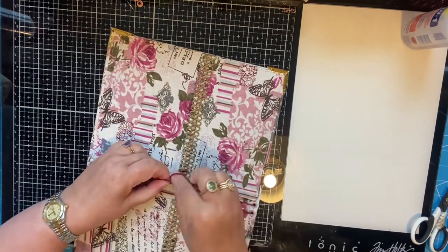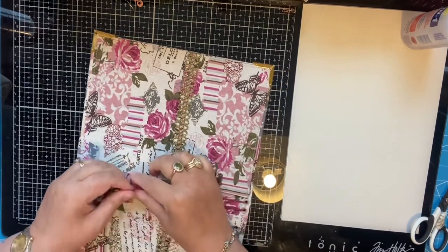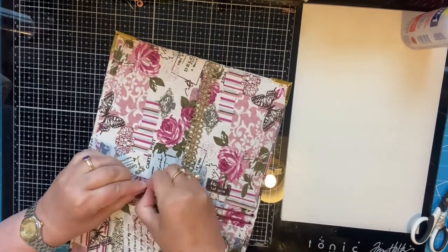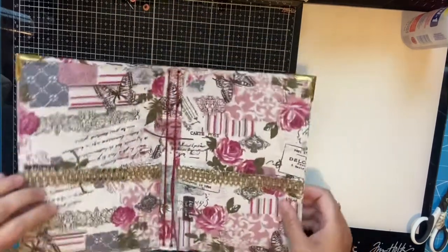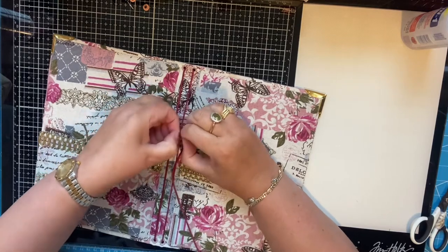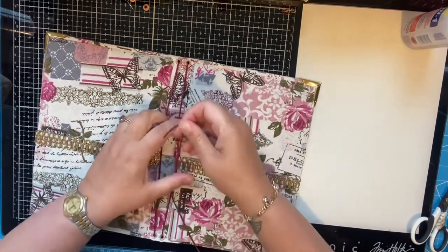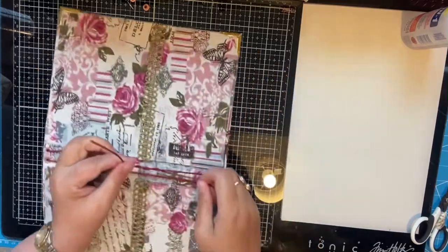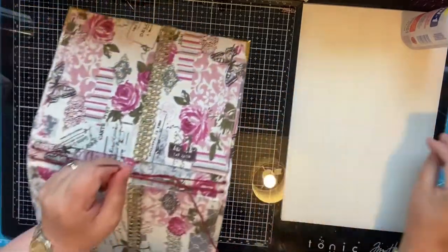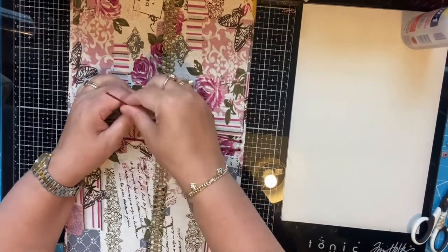Now there's a tricky bit. Can I do this like that? No, I want that a bit longer so you could just undo it. But that's how it will look. So let's try again. Take two. These things happen, don't they, when we're crafting. I've got a couple of spare eyelets as well in case it didn't work first time. Okay, try again. I want a little bit more